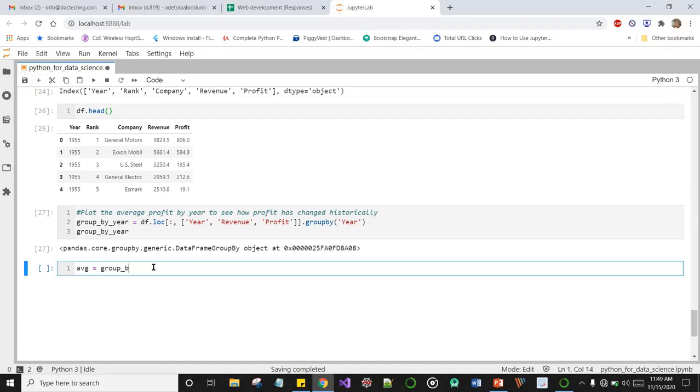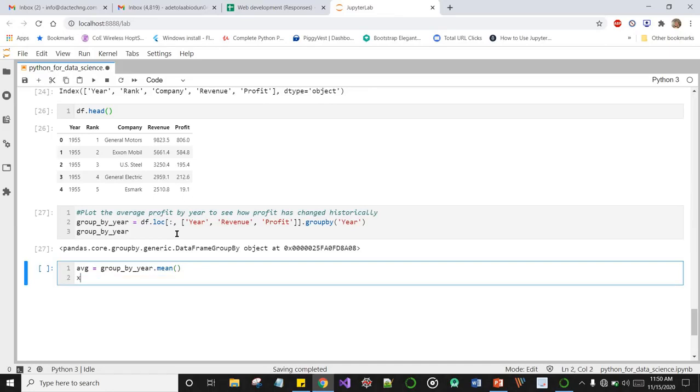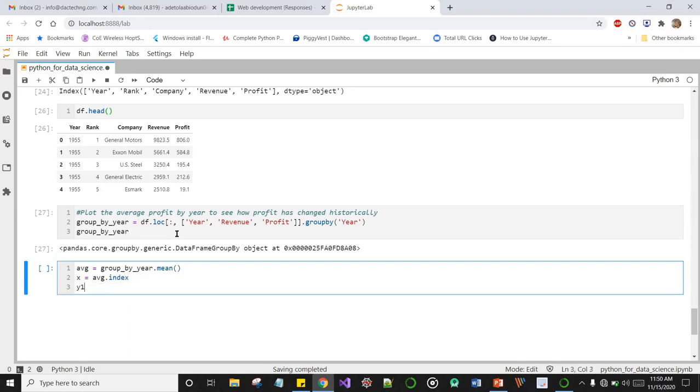Another thing we now want to do is create a variable called avg, and call the group by year variable, dot mean, which returns the mean value. Let's create another variable called x, and pass the index of the variable avg into x, and let's create another variable y and pass in avg.profit, the profit column.